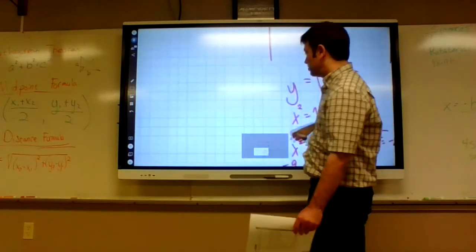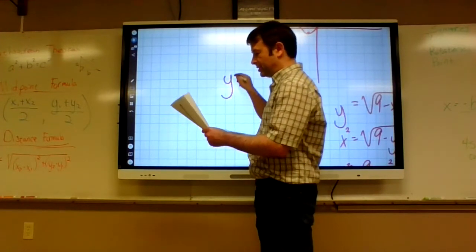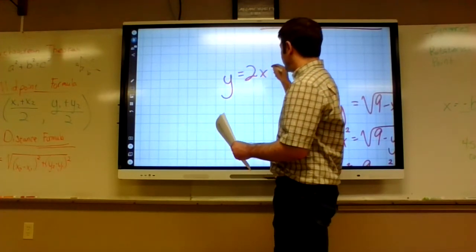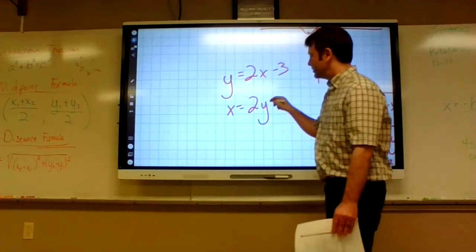Wait, so the answer was... It says find which one has an inverse. So the other one is much simpler. It's just y equals 2x minus 3. So if you switch the x and the y,